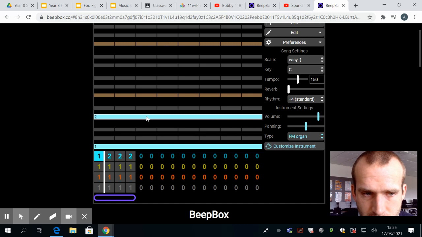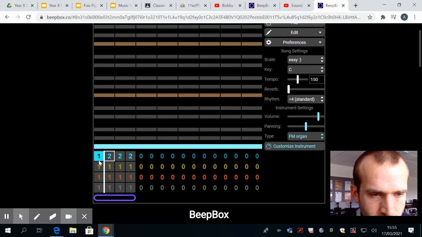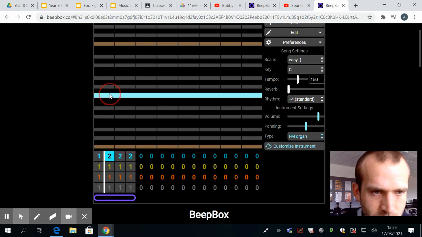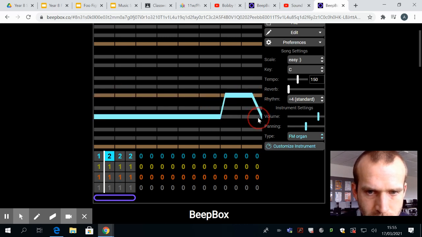To create 2 notes at the same time, you just have to make sure you click another note once one has already been selected. So for pattern number 1, I'm just going to have 1 long note. Pattern number 2, I'm going to have this. I don't like that. I'm going to bring it down to